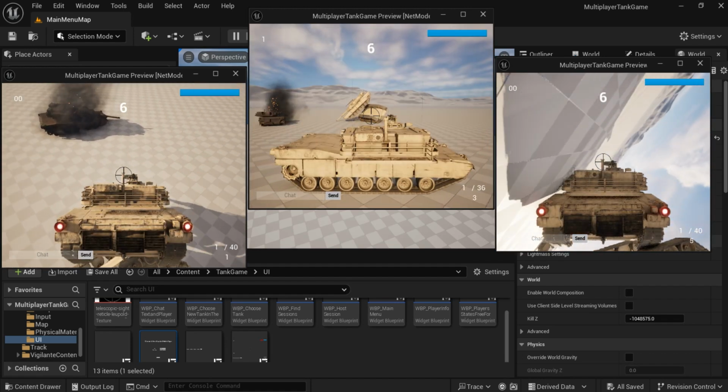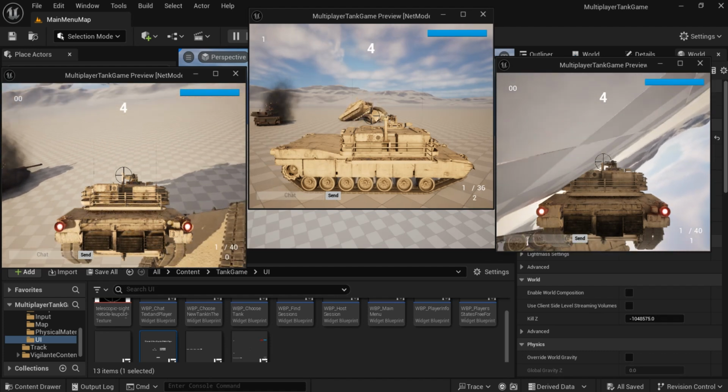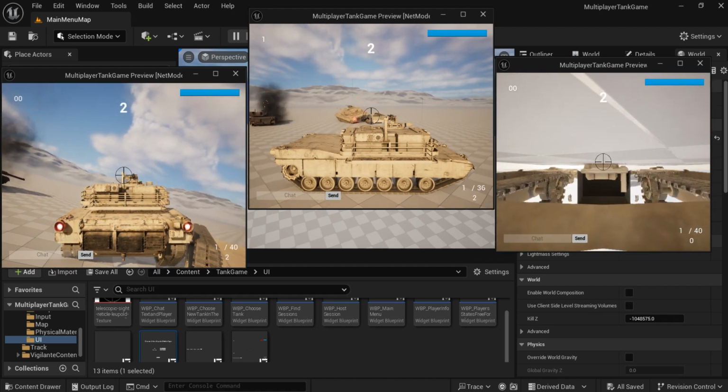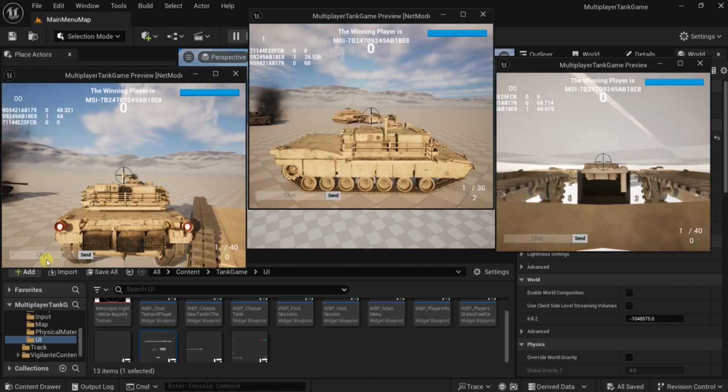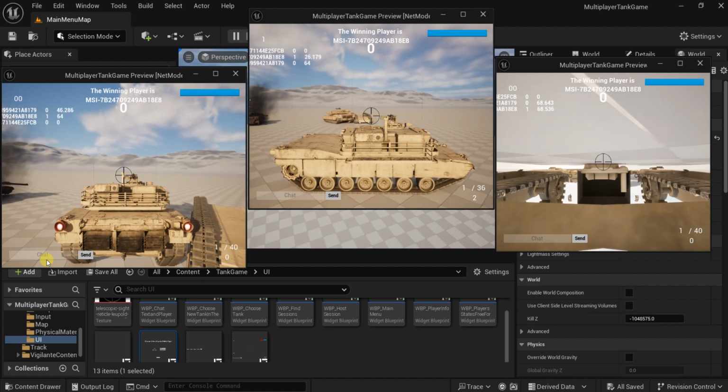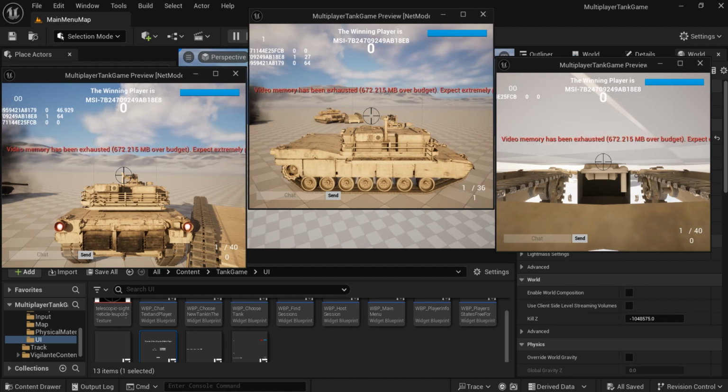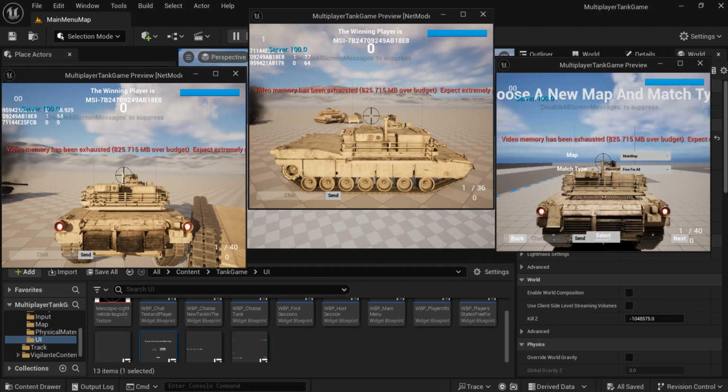Now we will wait for 5 seconds. Now we will have the end screen, and after 10 seconds we will transfer to the new lobby. Now for the host will have the choose map widget, and the clients will have the choose tank widget. And after the host,